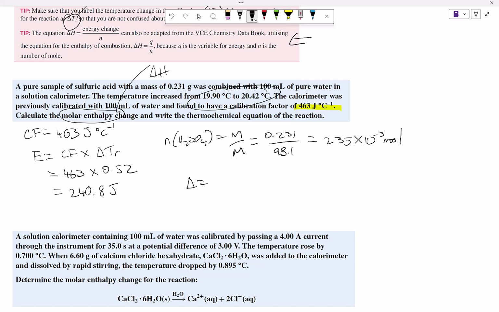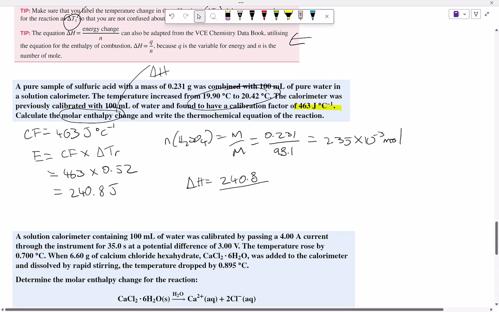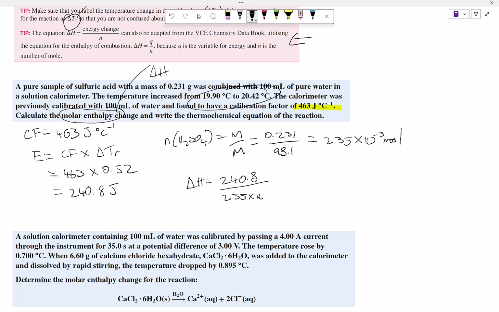So when we do our delta H, that's going to be 240.8 divided by 2.35 times 10 to the negative 3. So that means we're going to get a value of 1.02 times 10 to the 5 joules per mole,